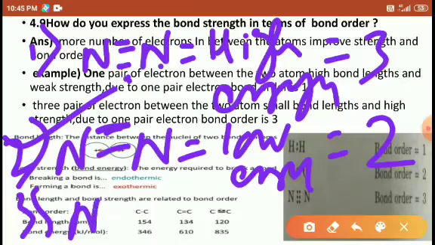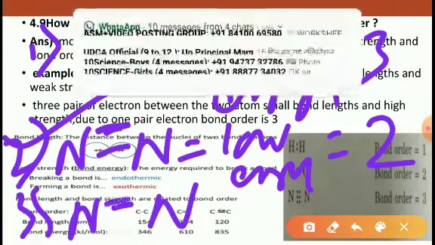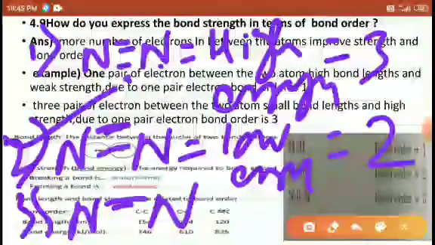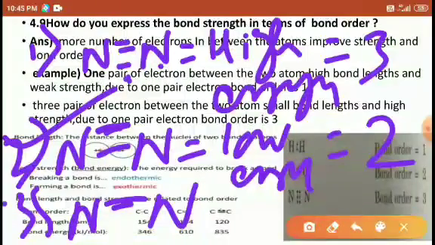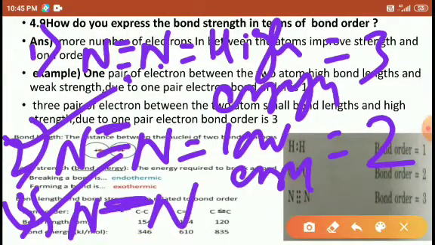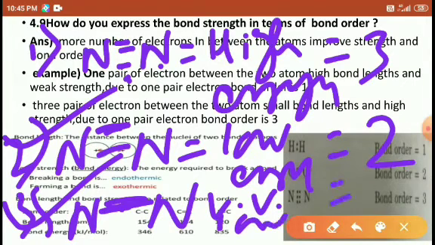For the third one I am using a single bond. Tell me, students, out of these 3 which one is more easily dissociated? The last, third one, because it contains a single bond. A single bond means it has very low energy, so the bond order is 1, and the bond strength is 1.